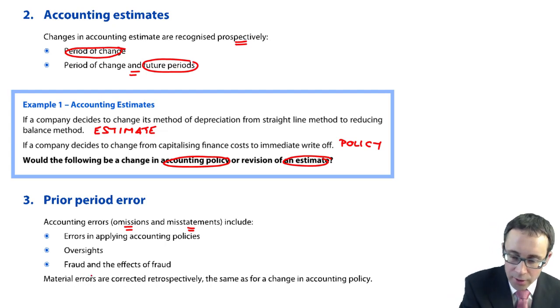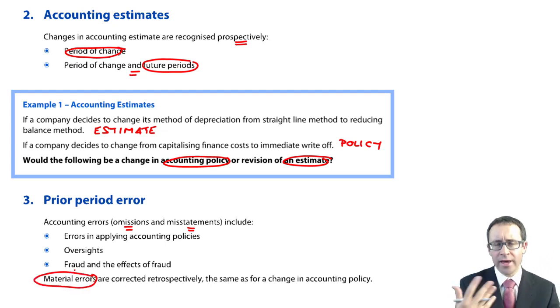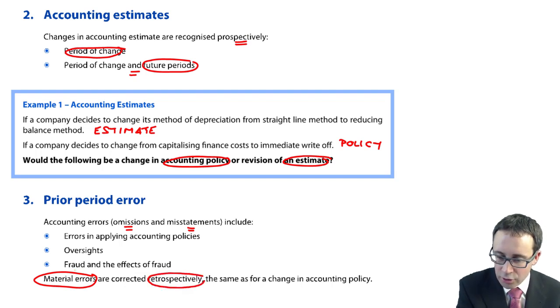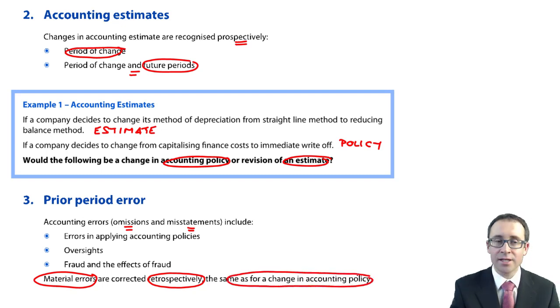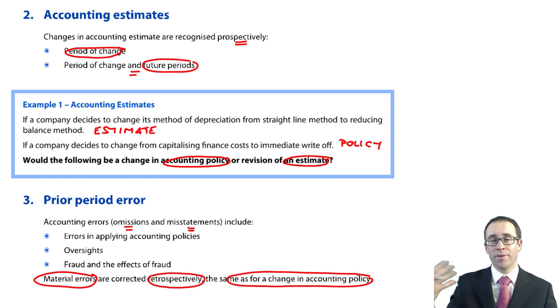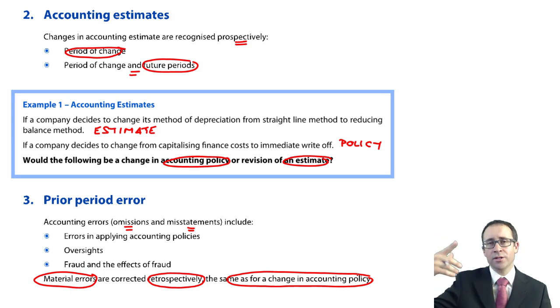Okay. Errors, we are only going to go through there and correct if they are material. If they're immaterial, that is not, if you like, relevant, is it? So we're not too worried. Key bit is that we go back and adjust it retrospectively. So that is exactly the same as if we have a change in accounting policy, i.e. you update last year's comparatives to correct the error, and then the correction of the error, whether it increases or decreases the assets or the liabilities, gives you a debit or then a credit entry that then appears within your opening retained earnings balance that is adjusted for the statements of changes in equity. Okay,